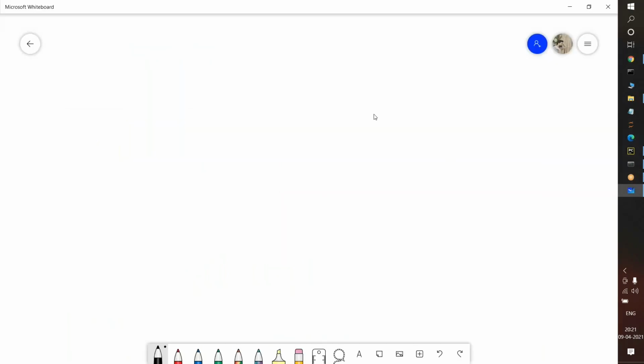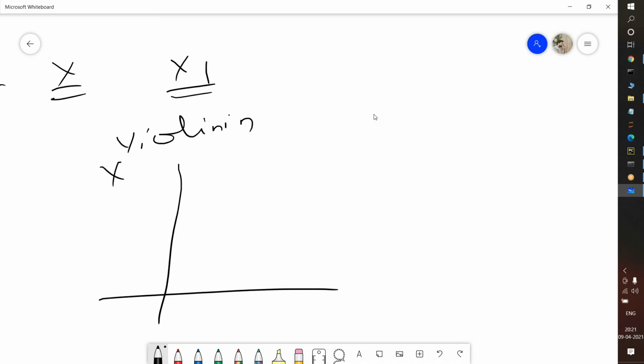Suppose I take an x column and an x1 column and want to find the violin plot: on the y-axis I have x1 and on the x-axis I have x. At which point, how much correlation they follow, depends on that.